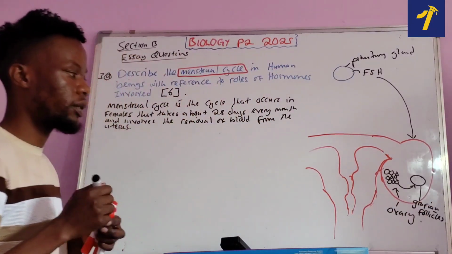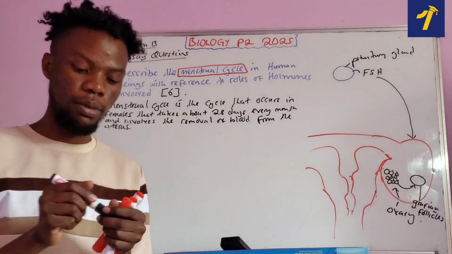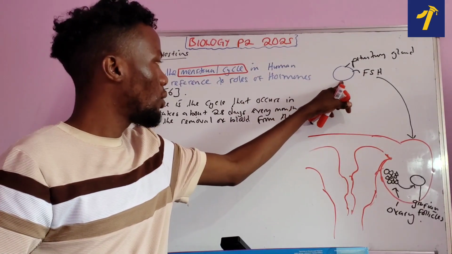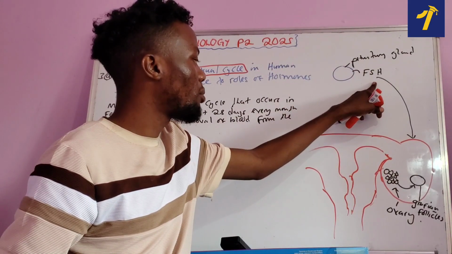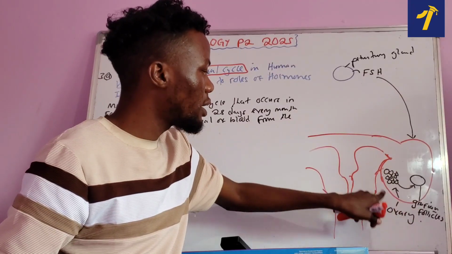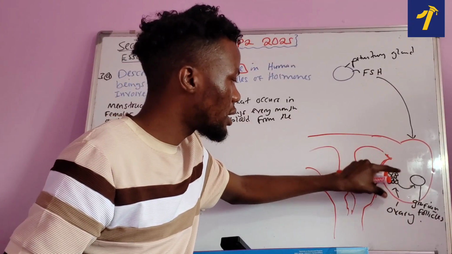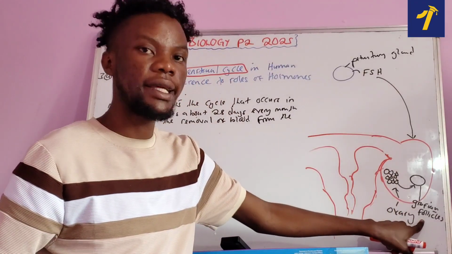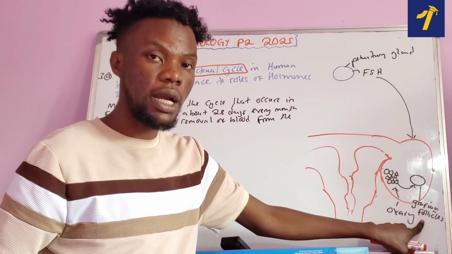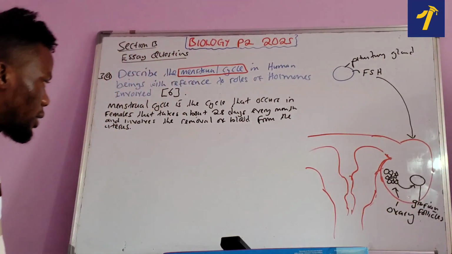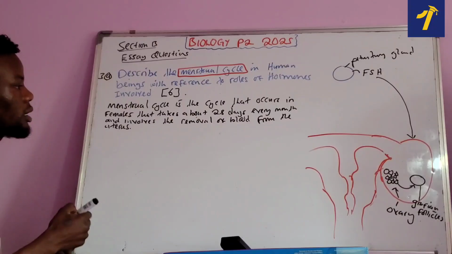The Graafian follicle. Again, what's the first thing that's going to happen? The pituitary gland will produce follicle stimulating hormone that will stimulate the ovaries so that these eggs can start developing in what we call the Graafian follicle. We can write that, right? Okay, so let us write it here. So what we are saying here is